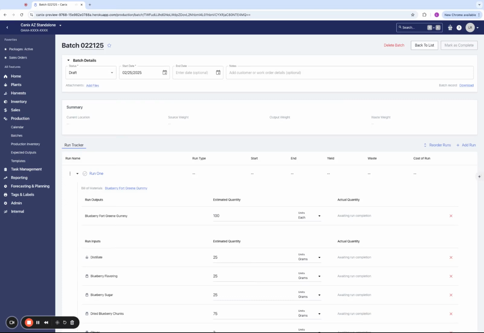Today we're going to be covering an exciting new update to Canix's batch page on the manufacturing module that's expected to be released the week of March 10th. We have added a run tracker tab here to the batch module that will hold all active runs that are associated with the batch. This update allows you to see run outputs and inputs right from the batch page itself